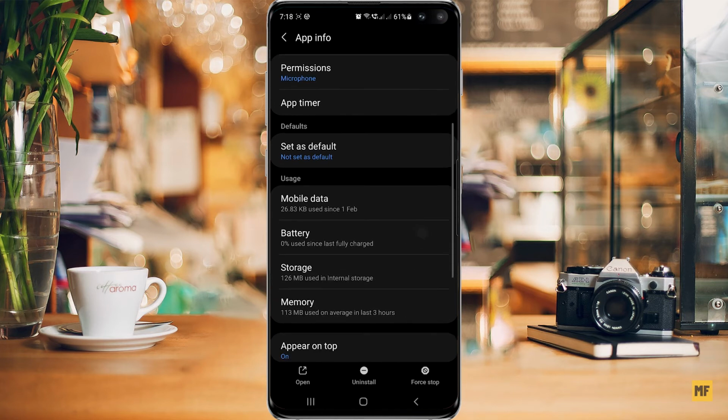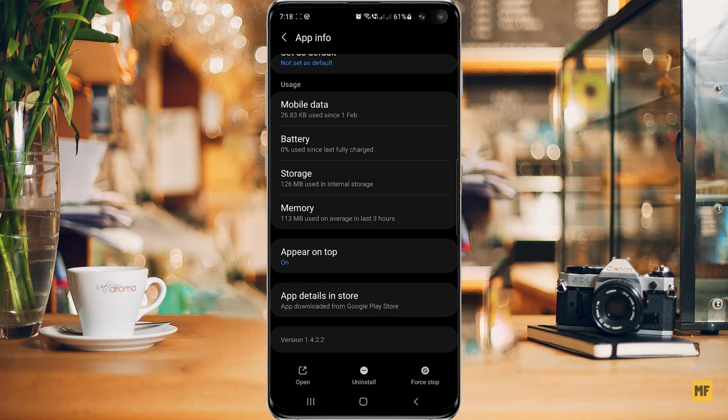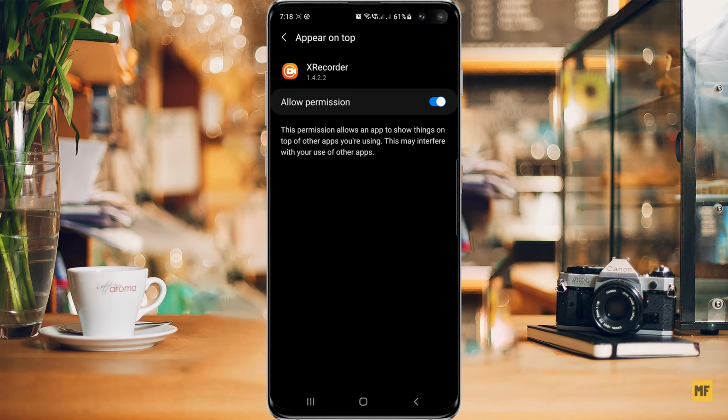Once you have the settings for your Xrecorder showing on the screen, just scroll down to the bottom and then you should find the option that says appear on top. Click on this and then switch this off. So switching this off will remove Xrecorder from displaying on other applications while you are